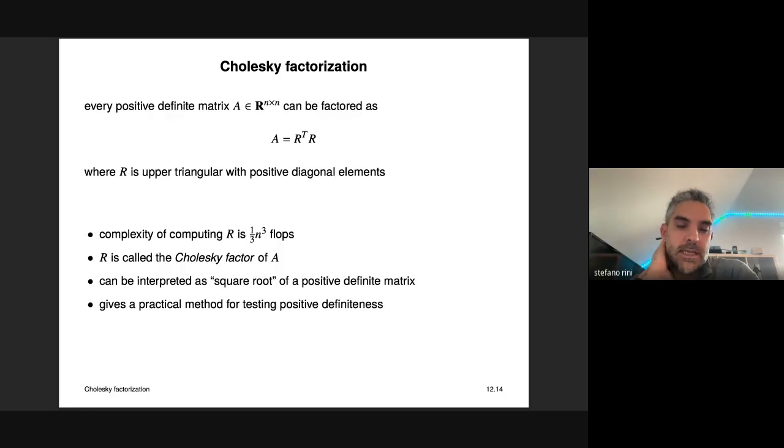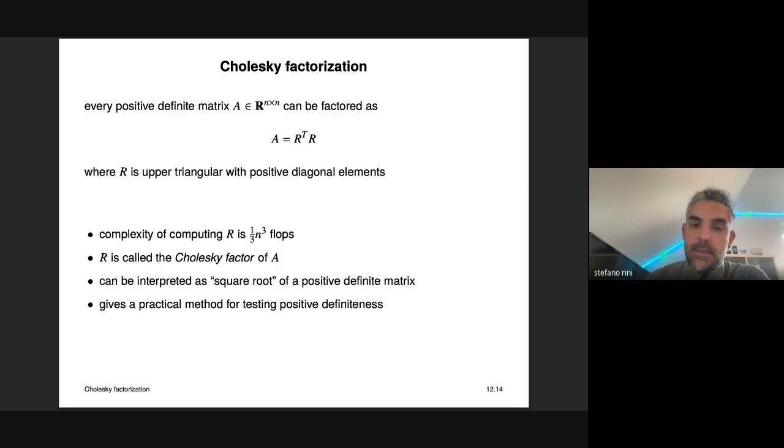And R is called the Cholesky factor of A. It has the meaning of the square root of a positive semi-definite matrix. So it turns out the positive definite matrix can be decomposed as a sort of square form of an upper triangular matrix,